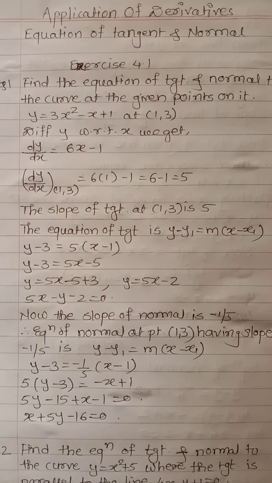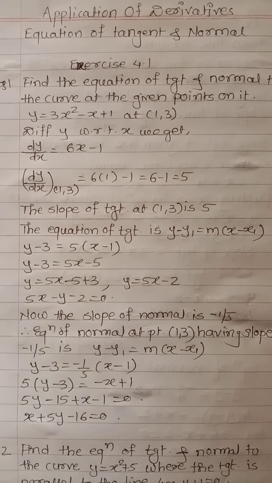So to find the equation of tangent and normal, your first step is you have to differentiate the given function with respect to x. Means this is your y dash or f dash x. Suppose the function is in the form of y, so you have to find y dash. Now after that, a point on the curve is given, so you have to find dy by dx at that point.